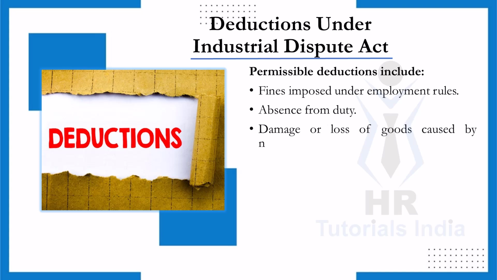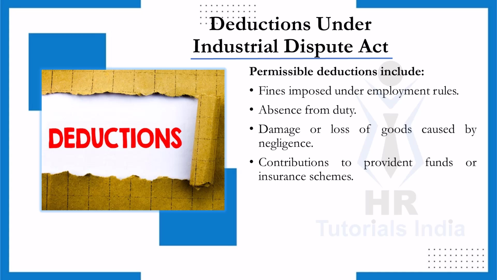Employers can deduct wages if an employee's negligence results in damage or loss to the company, property, or goods. This type of deduction is intended to hold employees accountable for their responsibilities and discourage careless behavior that can lead to financial losses for the business. The Act permits deductions for employees' contributions to provident fund, insurance schemes, or other similar benefit plans. These deductions are essential for workers' future security and compliance with statutory obligations, ensuring that employees are contributing to their long-term financial and social well-being.